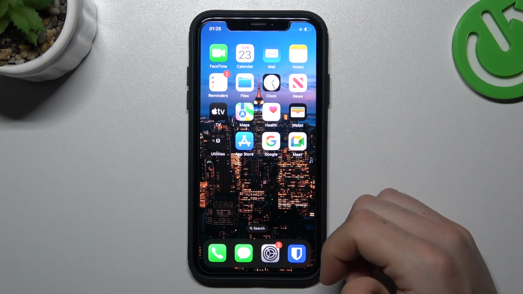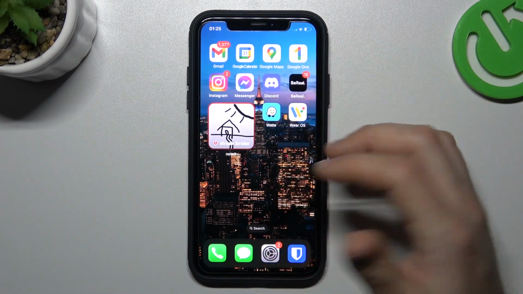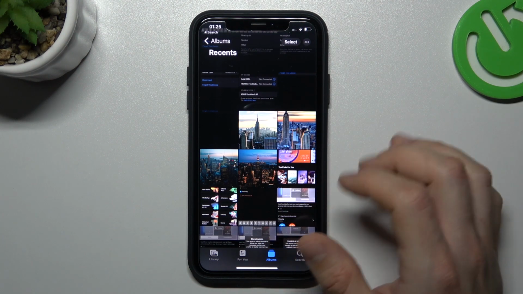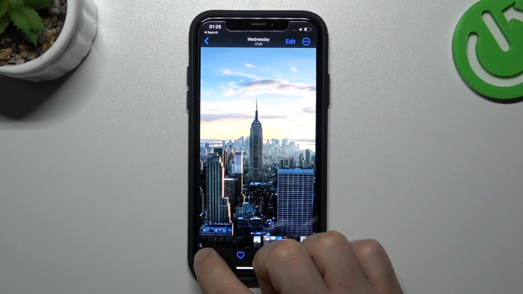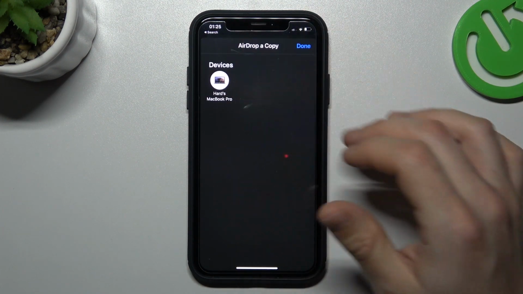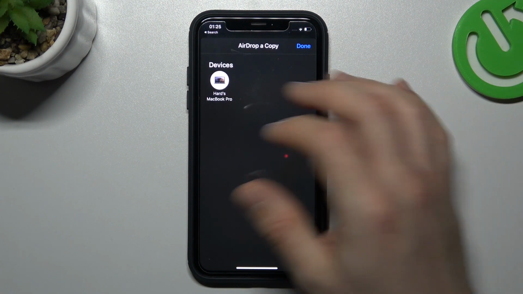Now, if you want to send the files by the Airdrop, like photos, open your gallery, choose the photo, and tap on the share icon. Now tap on the Airdrop, and wait for the devices on this list. If you want to send it, just tap on it,